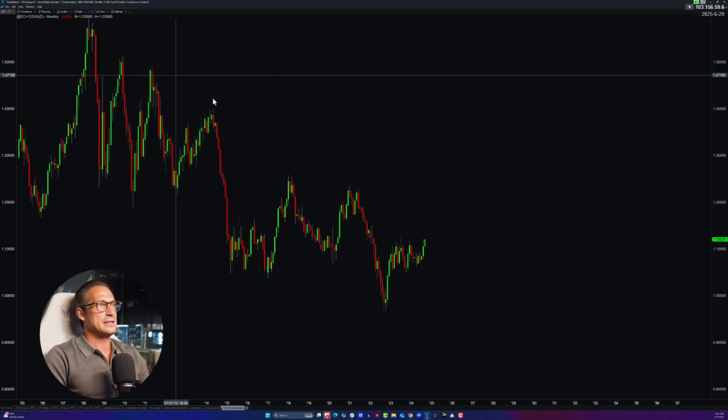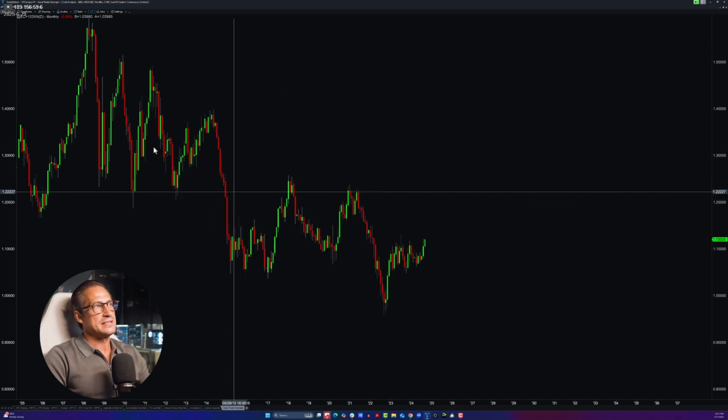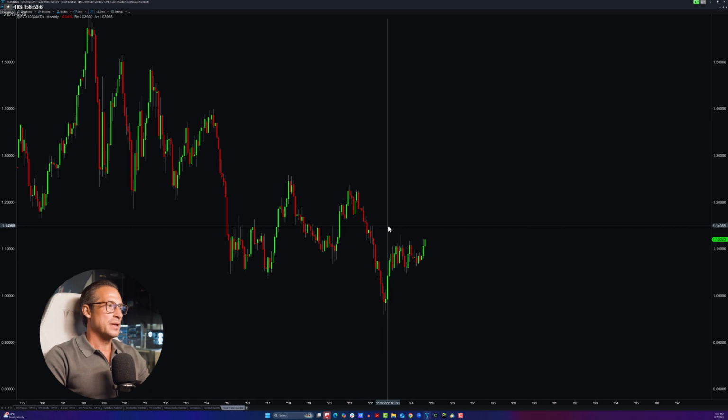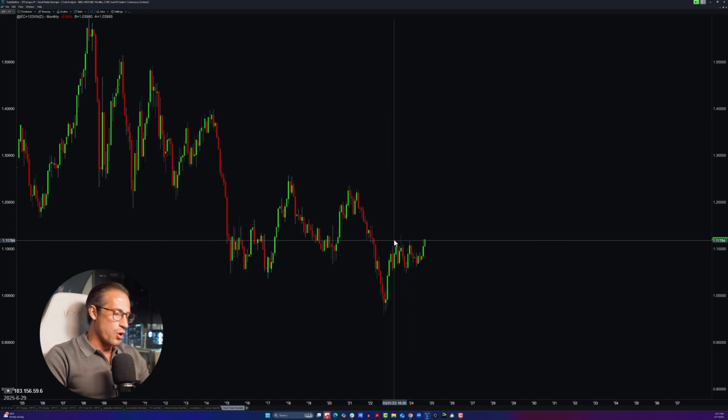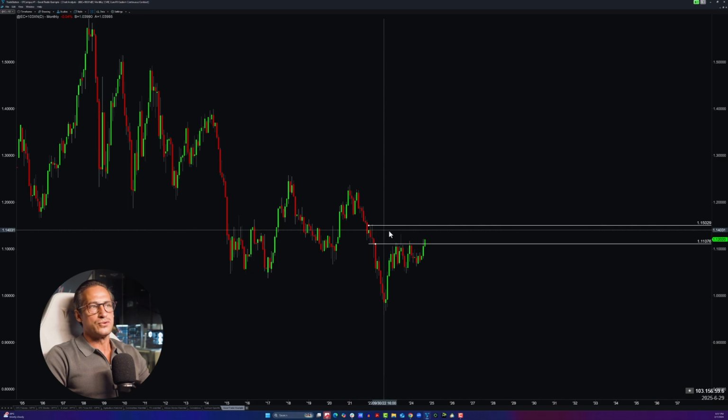And then remember, the pressure in a downtrend comes from above, that we are in a downtrend, in a big long-term downtrend on the monthly chart. And I don't see any reason why we would not